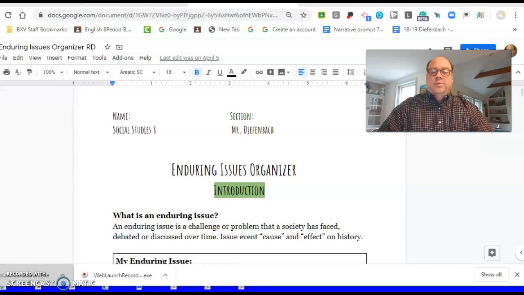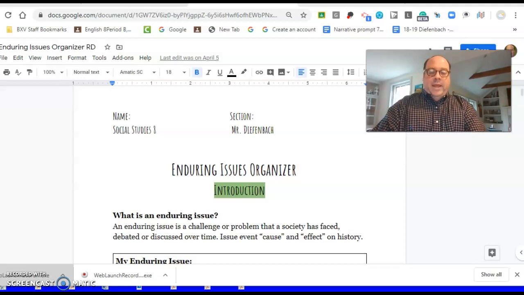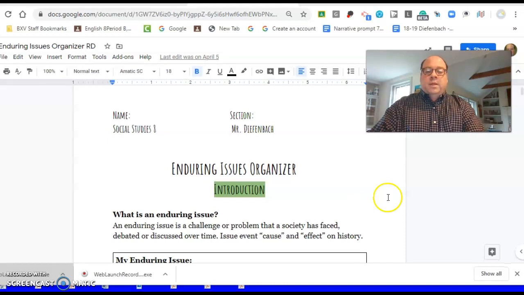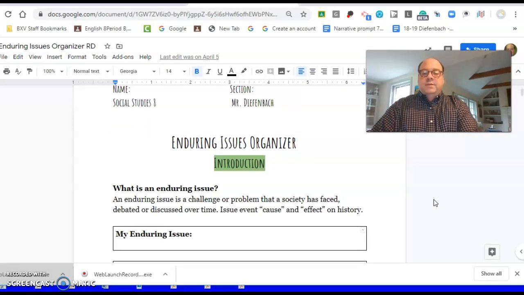And I know that you have your 2 examples due tomorrow for your enduring issues. Today I wanted to show you in your enduring issues organizer some concerns that I have that I'm looking at. One is that you need to make sure that you're filling this out. It's not optional. You need to make sure that you have your enduring issue listed,